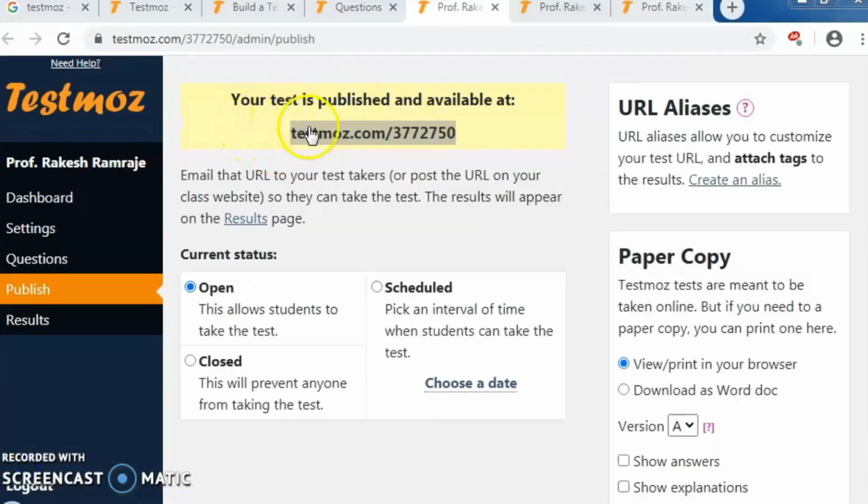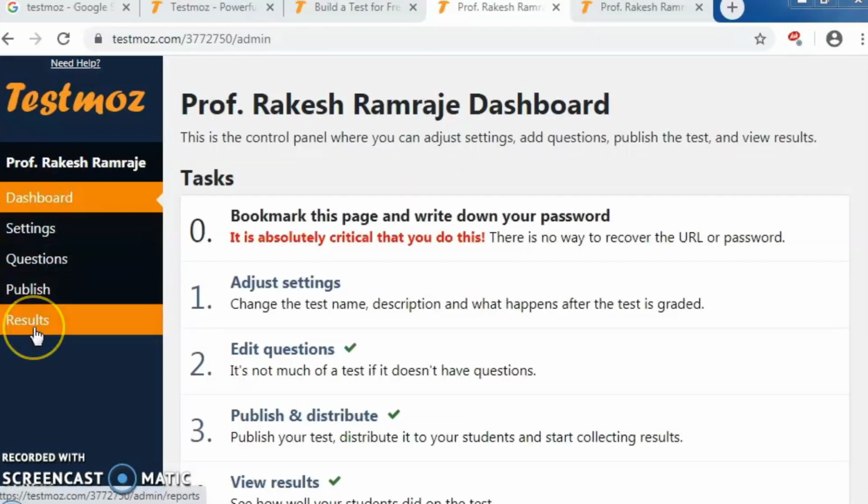Remember this very important thing: whatever URL or link is showing on the window, that link must be submitted in the assignment.